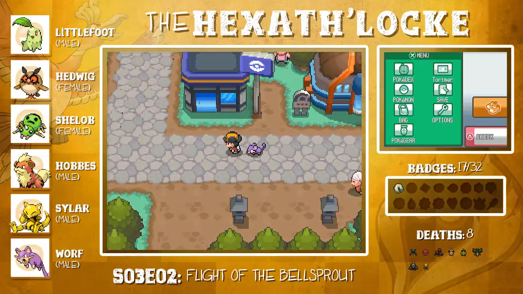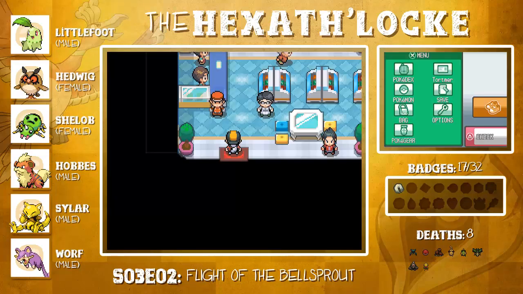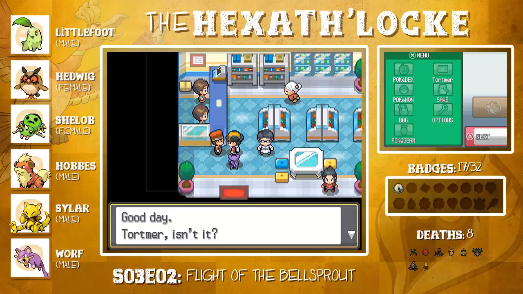So yeah, I think with taking Chikorita, who's kind of hard mode of starters, and then not having fully evolved transfers, I think it's going to make for a much more challenging...